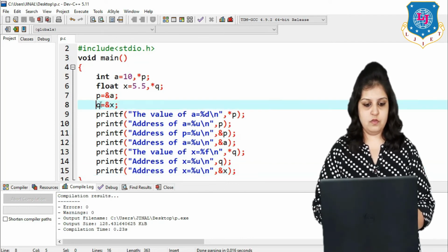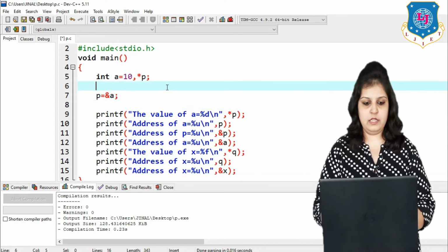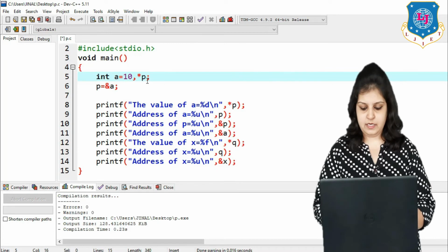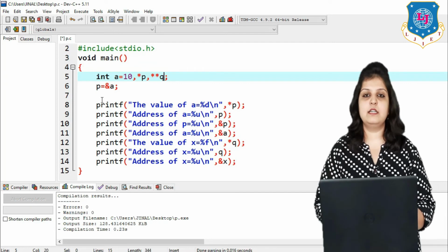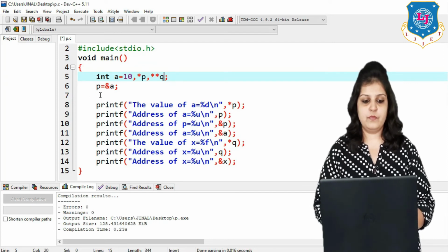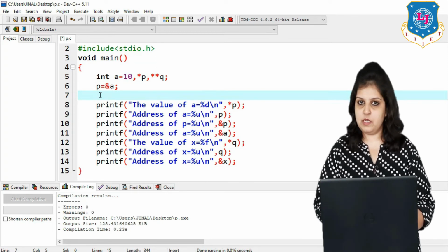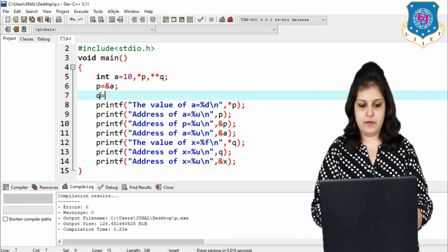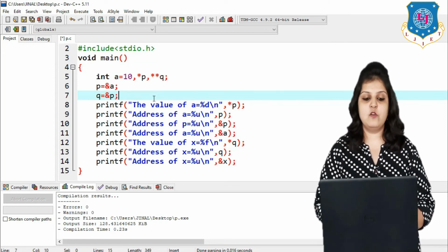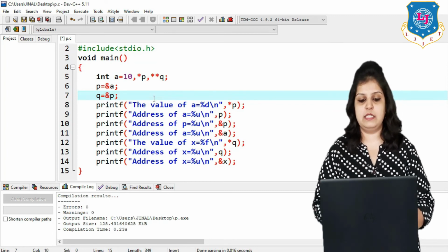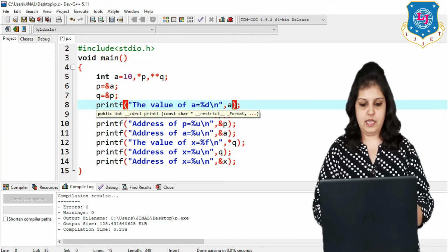I am removing all these things, and here I am taking the q pointer as a double pointer. Now in the p pointer I am assigning the simple variable address, that is &a, and in the q variable I am assigning the address of our pointer p. Now by using both pointers we can access the value of a. So here I am writing simple a.